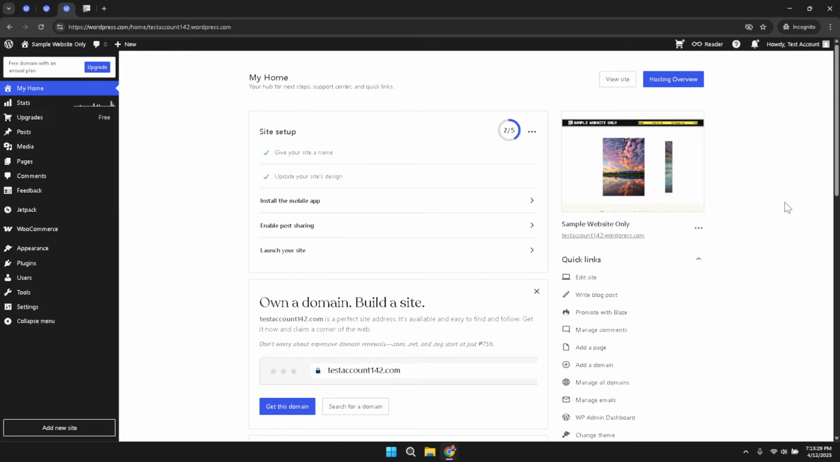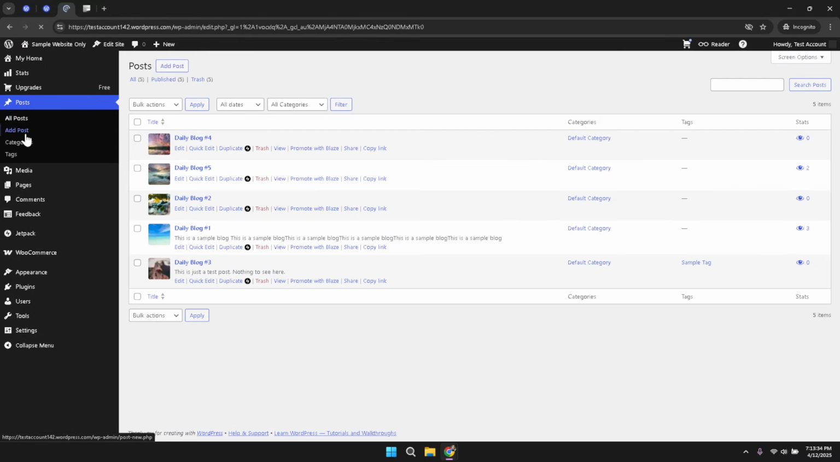Once logged in, the next stage is to navigate to the section where posts are managed. Within your WordPress dashboard, locate the area labeled Posts. This section houses all the published and draft content on your site. Taking the time to access posts is important because it provides an overview of how categories are being applied to